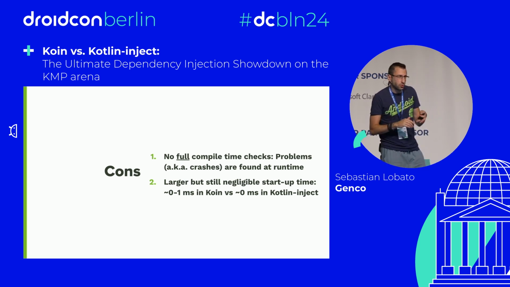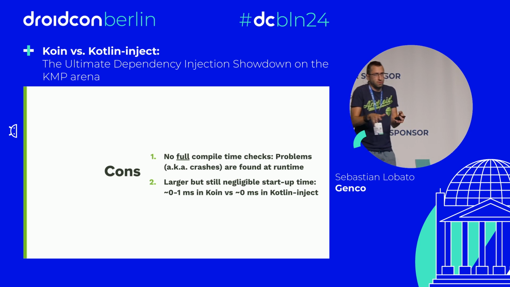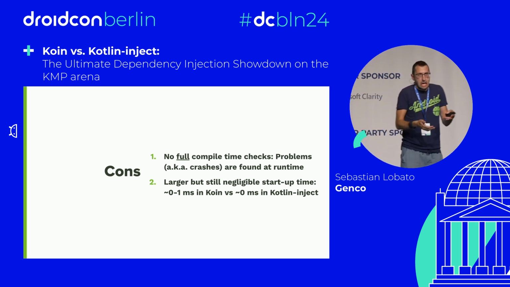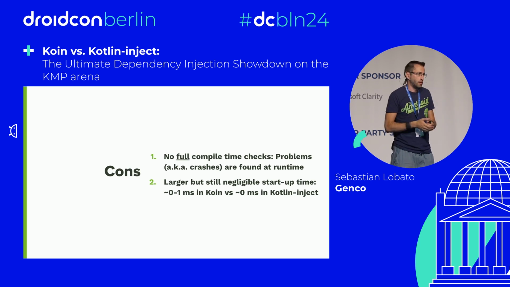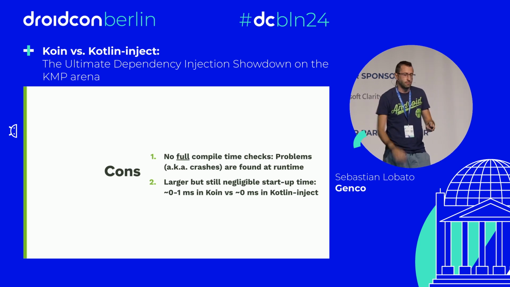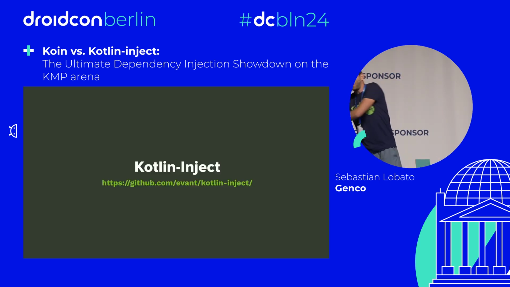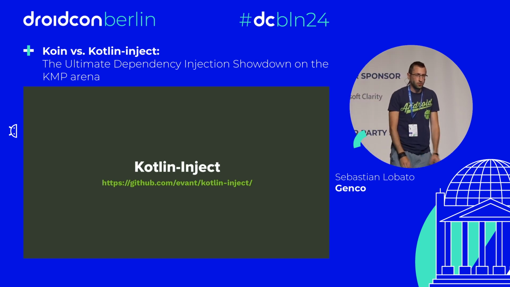So to be fair, this doesn't happen too often because it's not everywhere that you request dependencies with extra parameters. And you kind of catch it fast. This kind of requesting parameters is called assisted injection, by the way. So, pros and cons. Now, if we go to the other side of the fence and we start with Kotlin-inject,